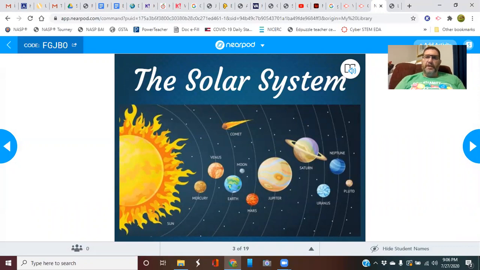As we see here, we're getting into the solar system. And in our solar system, we have the sun, of course. We have the inner planets. We have the gas giants. We have the ice giants, or considered the jovials. And in here, you've got Pluto, which was voted off the island or voted off the solar system, so to speak,